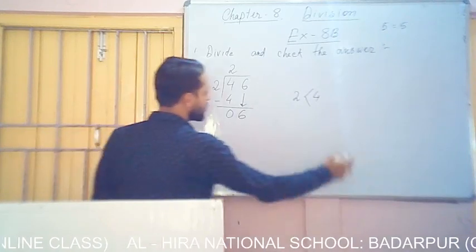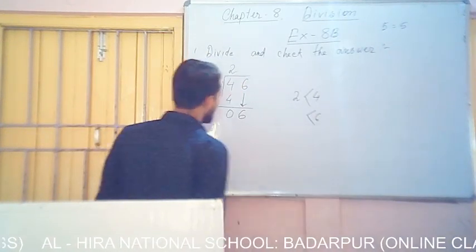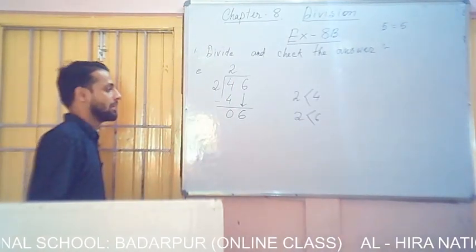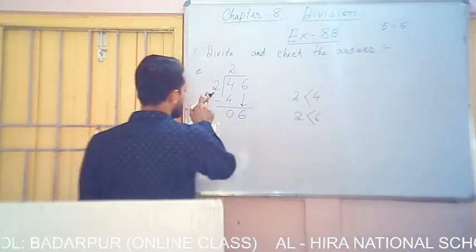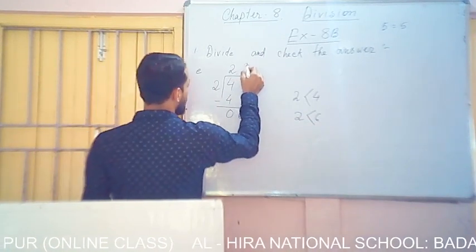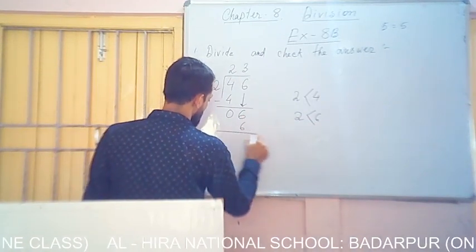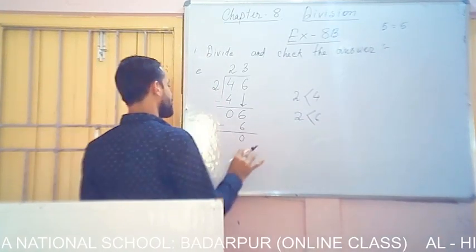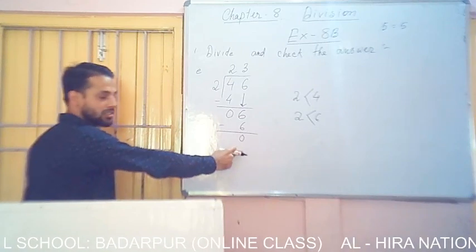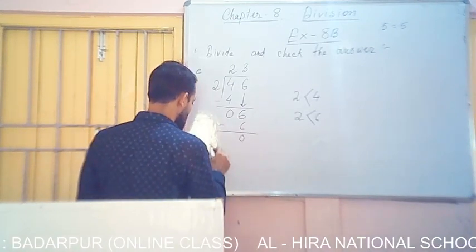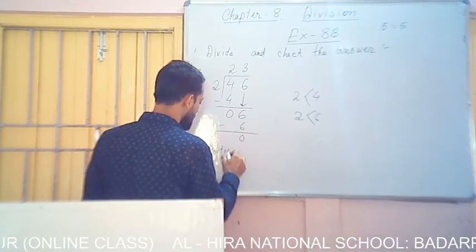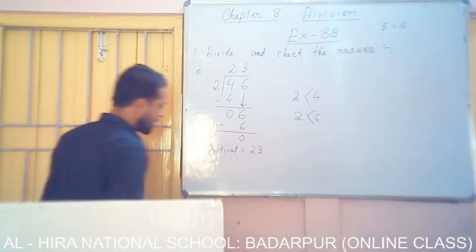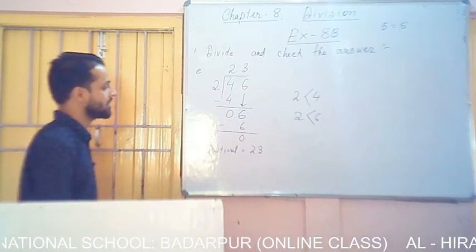Okay. So now we have to check again whether the dividend is greater than the divisor or not. Yes, the dividend is greater than the divisor. So what we have to do? We have to follow which multiplication table? 2. So 2 3s are what? 6. Again we have to subtract 6 minus 6 equal to 0. Here the remainder is what? 0. So no need to write this one. Simply you write quotient. Quotient equals to what? 23.